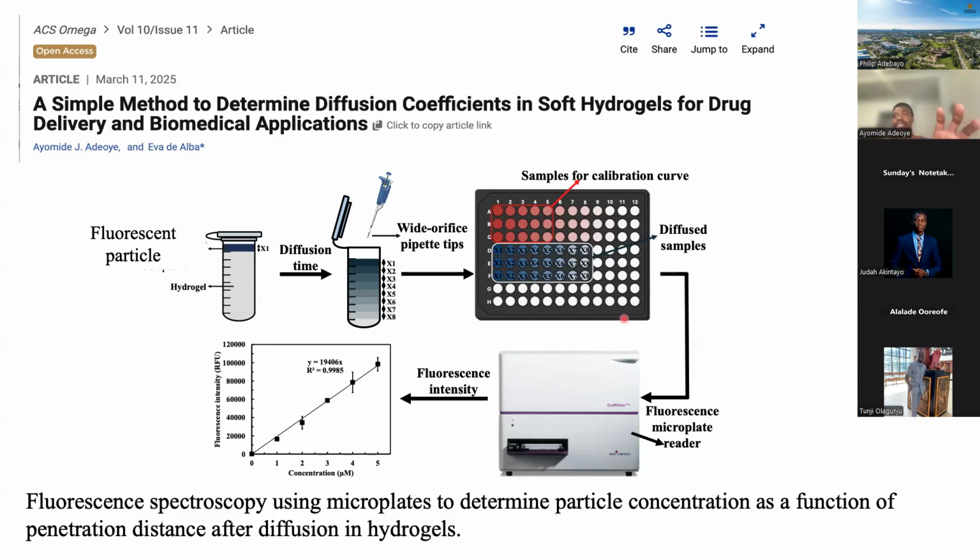So now, what are the things I need to put together in my research methodology? How do I build a strong research methodology to convince people that, okay, this method I've proposed to study how particles diffuse in hydrogel is valid? And how do I tell people that, okay, these are the potential things that are associated with this method? Can you use this method for this purpose or not? That is where research methodology comes in.